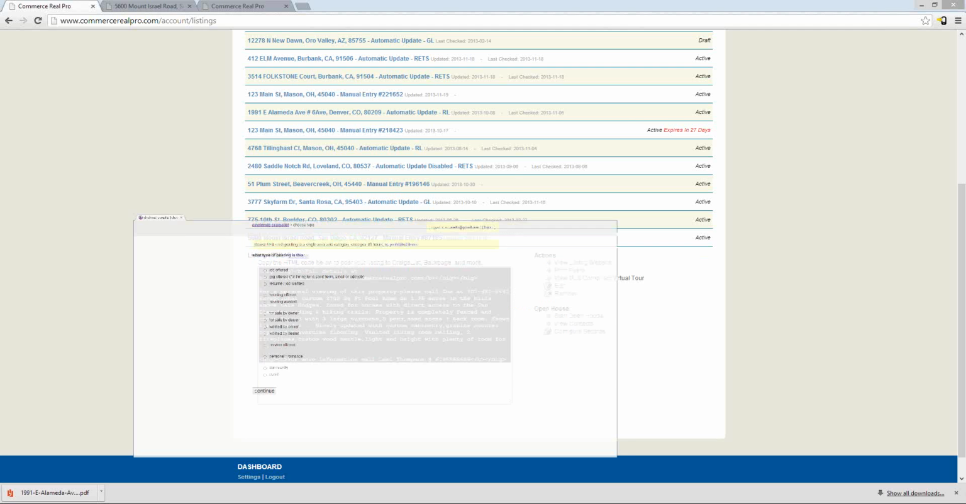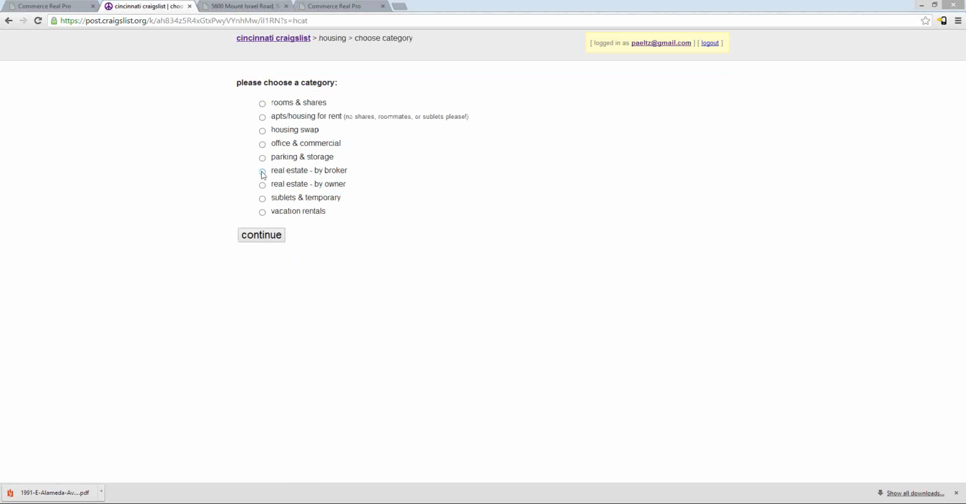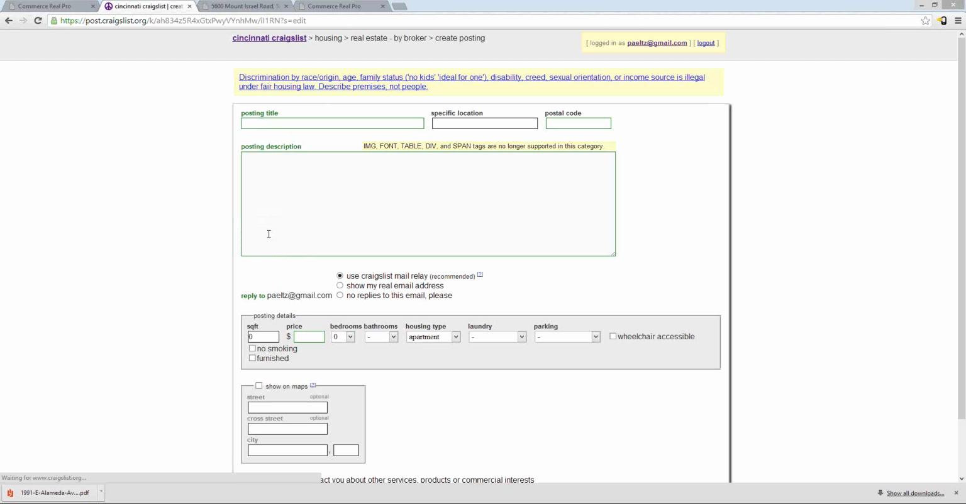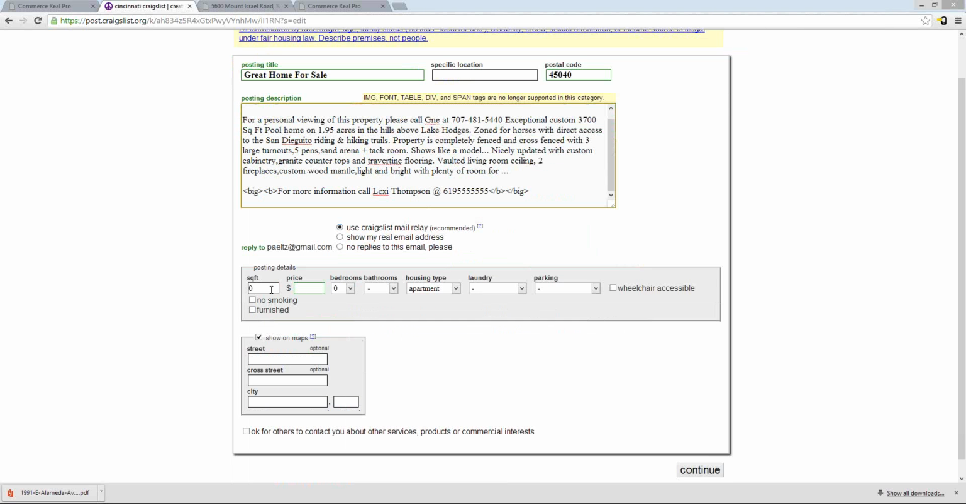But I'm just going to go ahead and pull up my Craigslist account, and I'm going to say, what type of listing is this? We're going to say housing offered, and we're going to do real estate by broker. And then we're going to go ahead and do a posting title, type in our zip code and the posting description. We're going to paste the HTML code in that we gave you, and then type in whatever square footage,